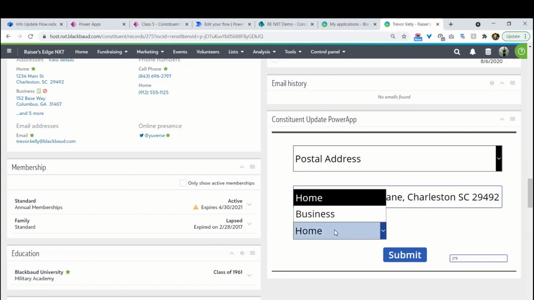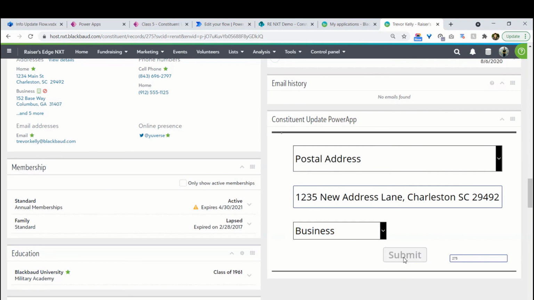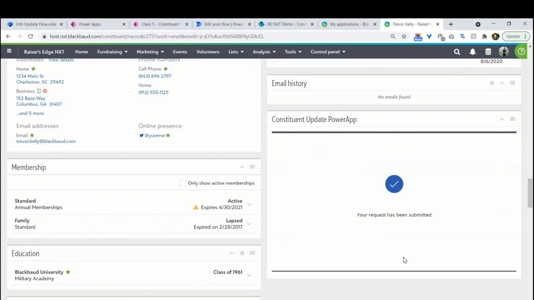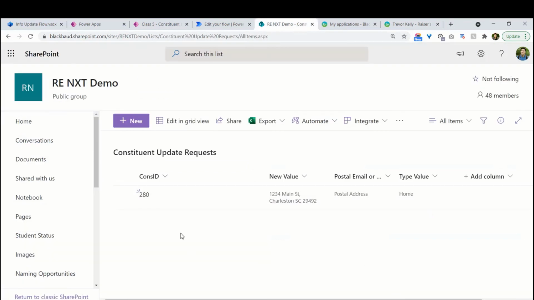Right. Change whatever type, maybe I'll make this a business address, hit submit. All right, I can just test to see that my SharePoint list gets updated. Looks like it went ahead and added a new line for record 275. At some point, if my other flow works, I should be getting an email or a task in Teams to